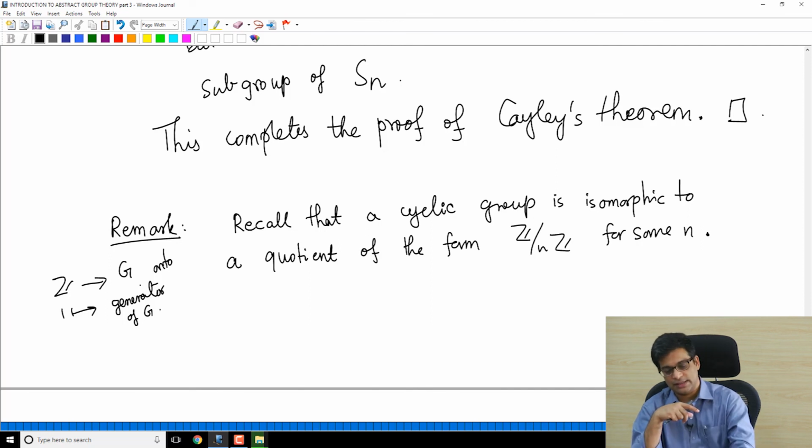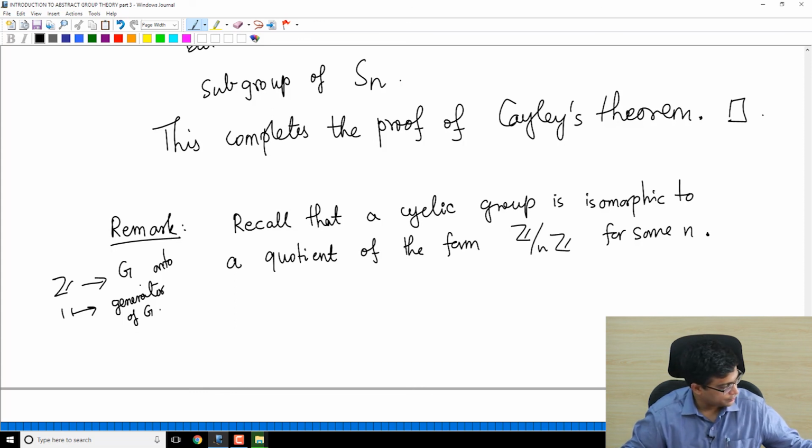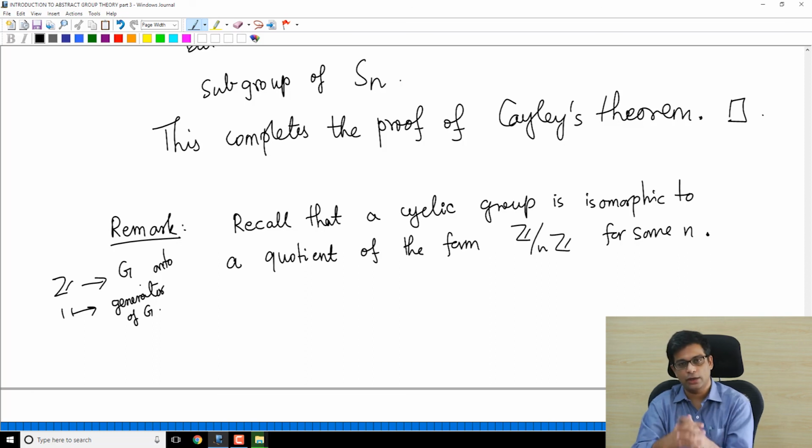But the reason why it is very useful that cyclic groups are of the form Z mod nZ is that Z is a very simple group to understand. So Z mod nZ is a very simple group, and to say that every cyclic group is of this form is very nice. Whereas Sn is a very complicated group. So knowing that every group is a subgroup of Sn is not in general that useful. Nevertheless, this is an important theorem in group theory because it says that every group sits inside Sn. So in theory, subgroups of Sn exhaust all finite groups, right? This is what it means. If you list all the subgroups of symmetric groups for all n, then you have listed all groups.